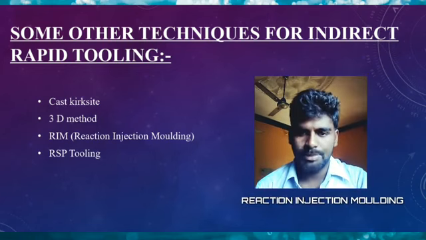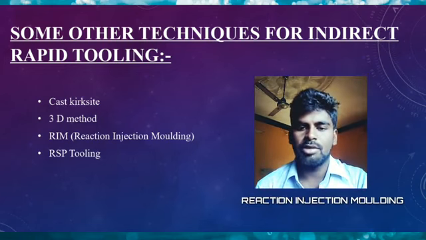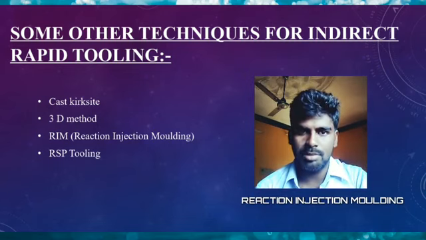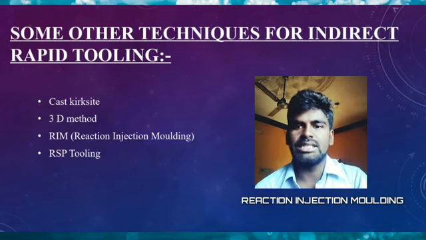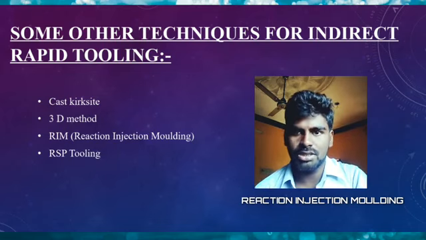Reaction injection molding. It is similar to injection molding, but one difference is that here we use thermosetting polymers. The process requires a curing reaction which occurs within the mold. Two highly reactive liquid monomers are carefully metered together in a mixture and immediately injected into a heated mold under low pressure. The mixture is allowed to stay within the mold long enough to expand and cure.